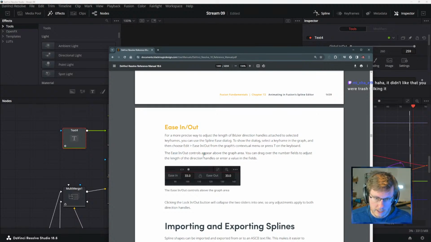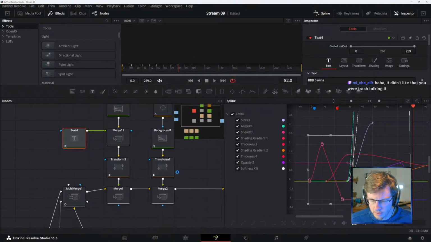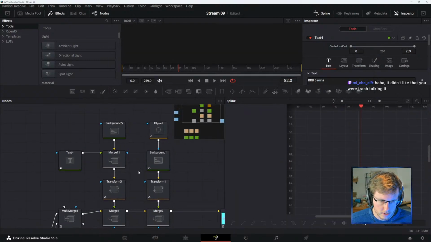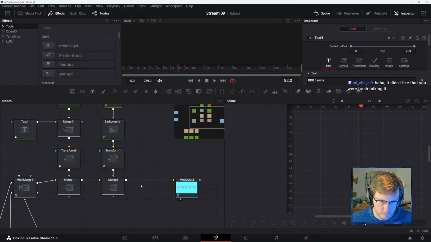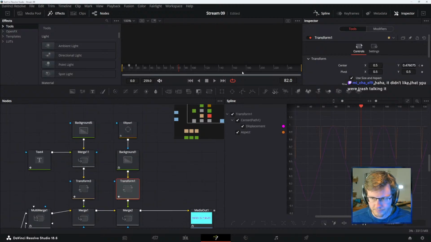The Ease In Out controls appear on the graph area, and then you can drag over the number fields to adjust the length of the direction handles or enter a value in the field.